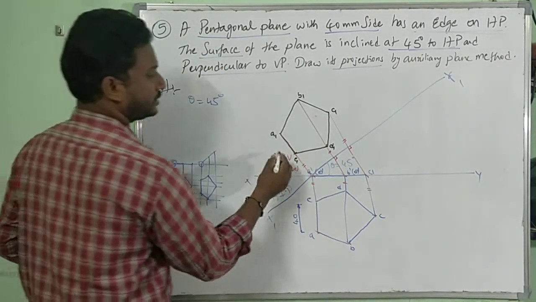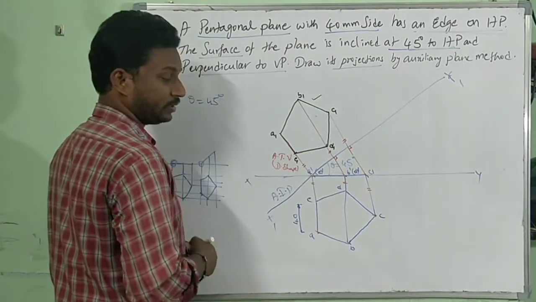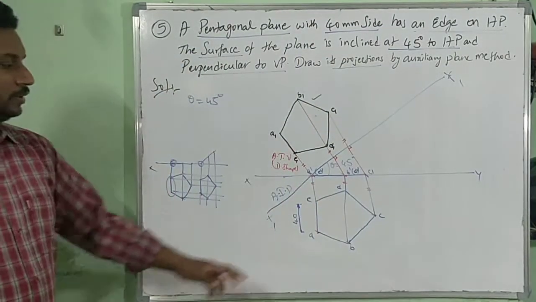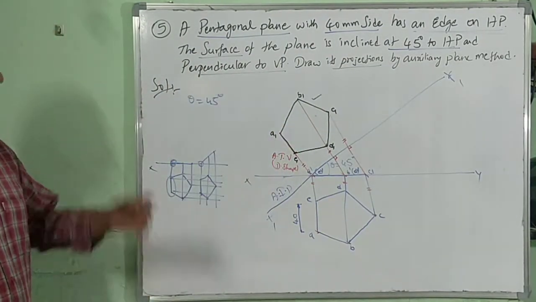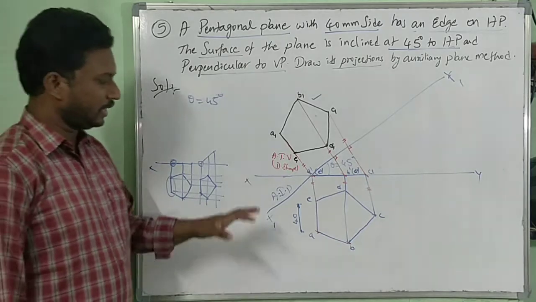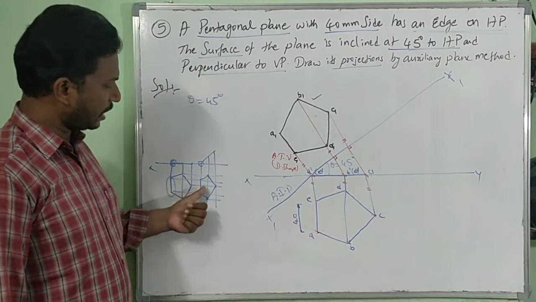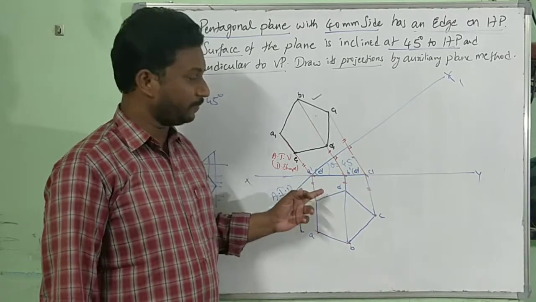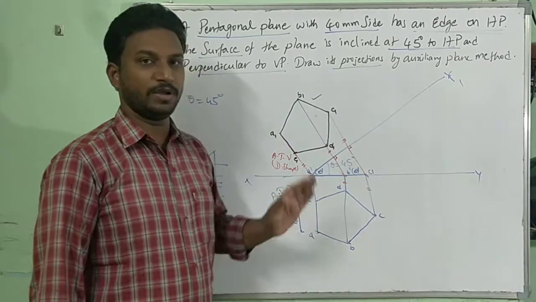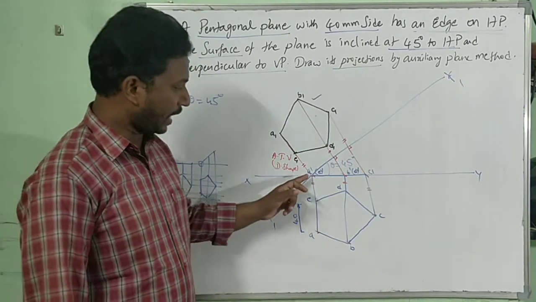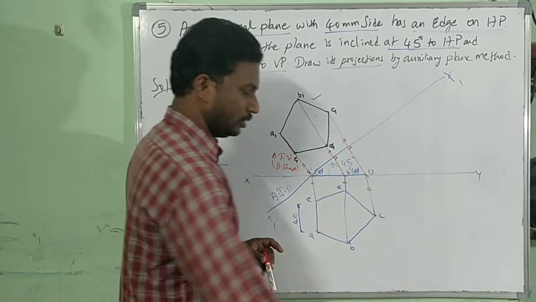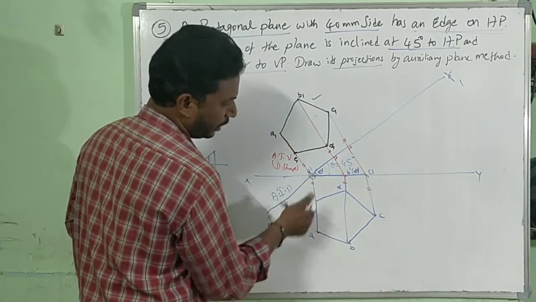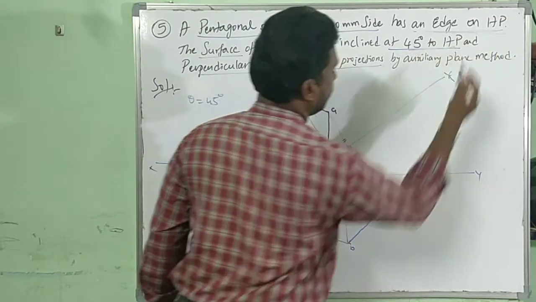The diminished auxiliary top view. This is your final answer. The auxiliary top view is this; this is the true shape, and this is the diminished shape. You understand? Comparing with this true shape, the angle gives the diminished shape. True shape, front view here on XY. After that, new X1, Y1, new reference line. It has to start at this particular point. Don't forget that. Why? Because here AE, A dash E dash, is an edge on HP.